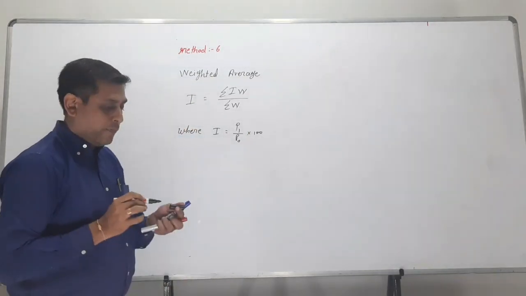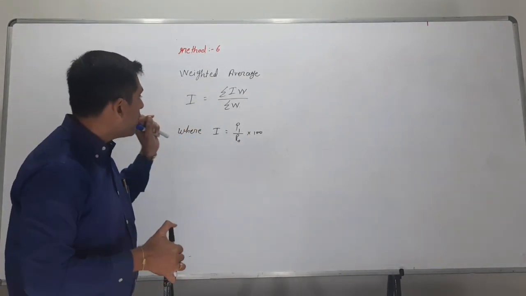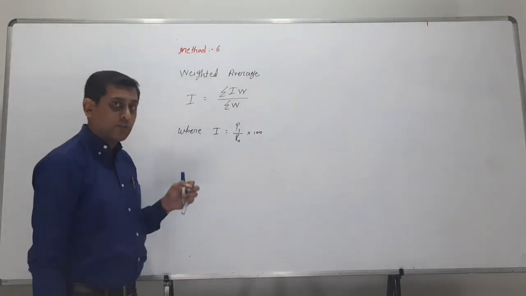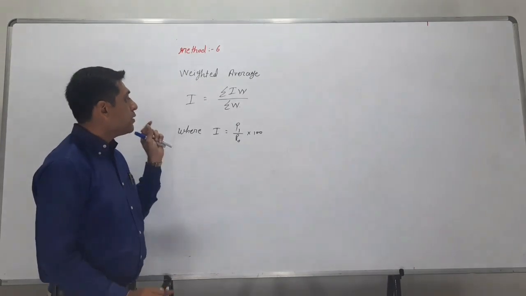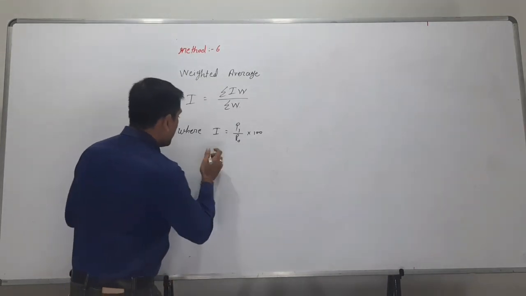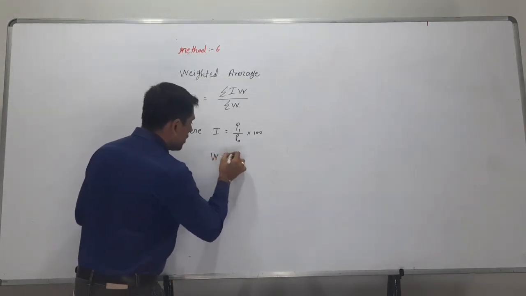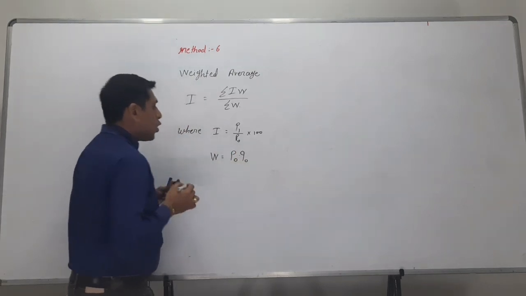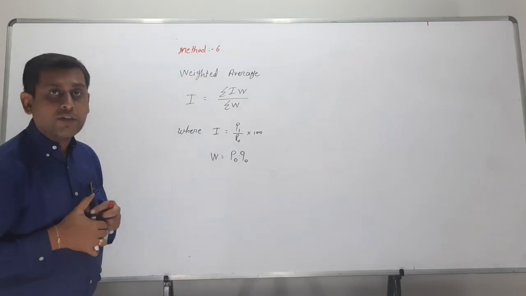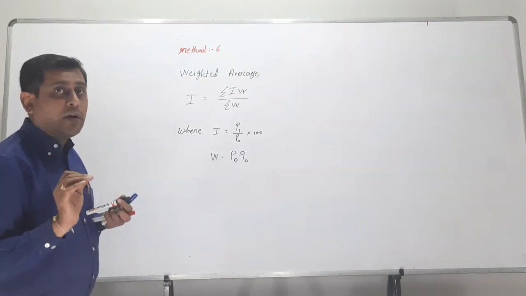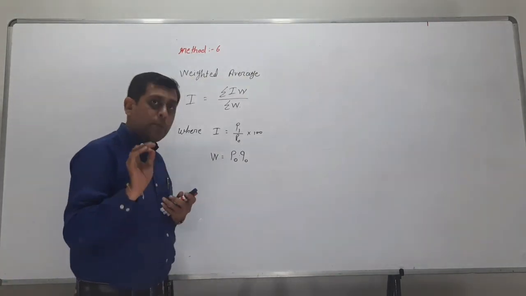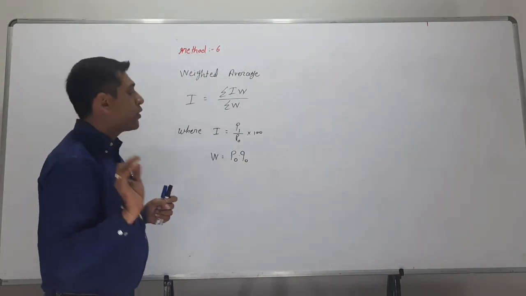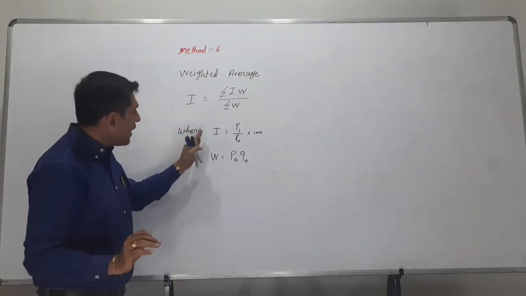When the sum gives information regarding the price of the current year, the price of the previous, that is base, year, and the quantity, see here, what is W? W is equal to P0 into Q0, the quantity of the base year. When the price of the current year, the price of the base year as well as the quantity of the base year are given, then you have to write it this way.